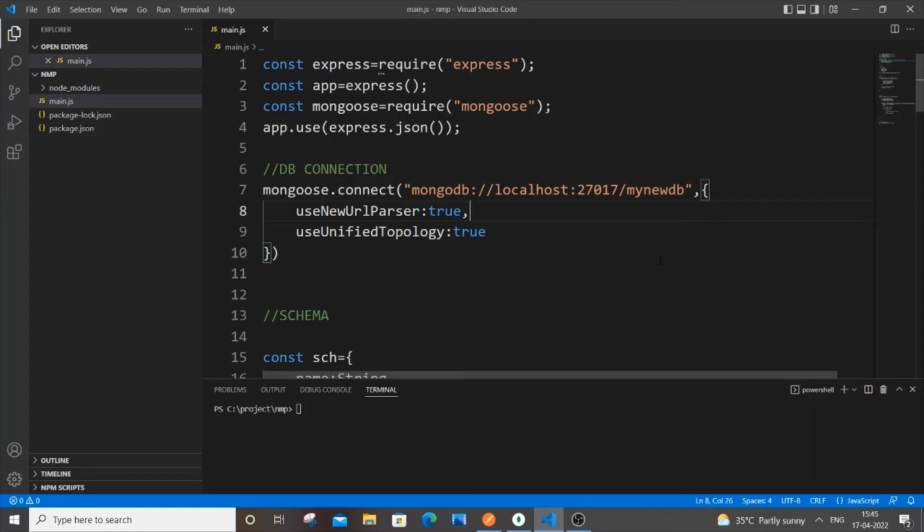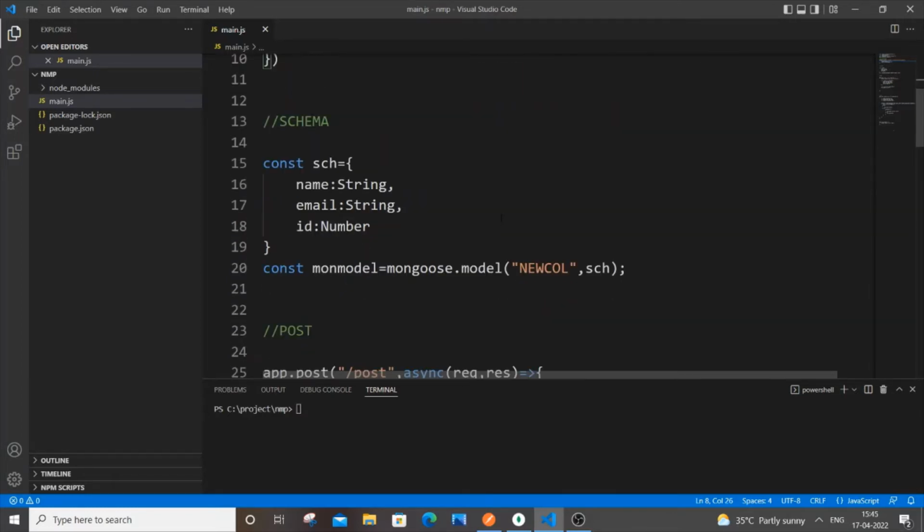Hey, hello everyone. In this video, I will be showing you how to fetch or get data from a database, and I'm going to do this with the help of Node JS, MongoDB, and Postman. So let's get started. Currently I have here a sample code for DB connection, schema, post, and the put